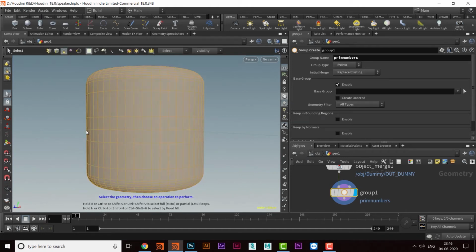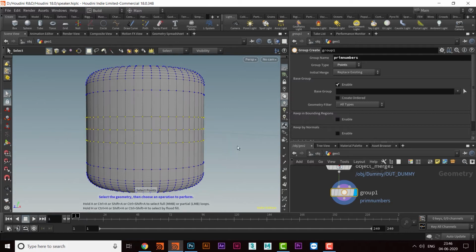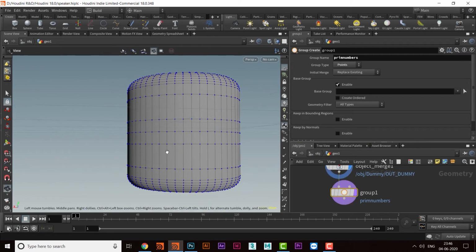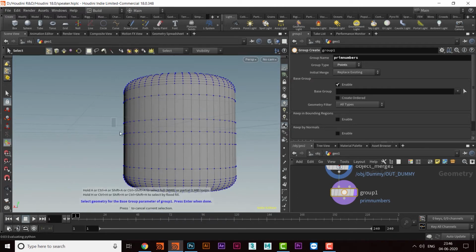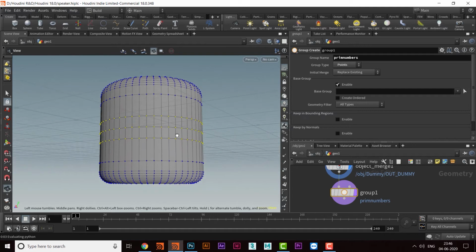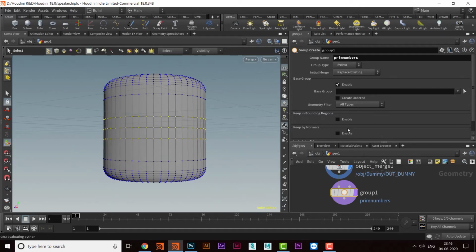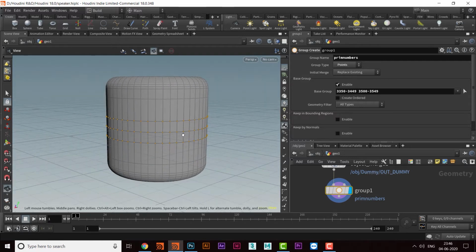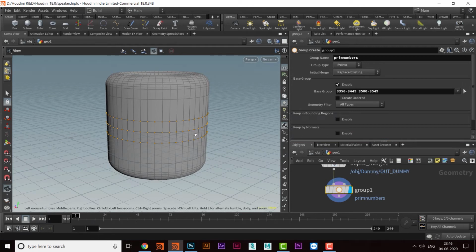So I will press S, and I will press 2, and then I will select the points, and then as soon as I've got those points, and press enter, and then they will be, sorry, I'll have to click here first. That is very important. I'll have to click here first, and then select the values. So I will select these, and then enter here only, not here. Press enter, and then they will become part of the group. So I can also carry out some kind of work on those points, right? So that is base group. These two kinds of things can be done in base group.